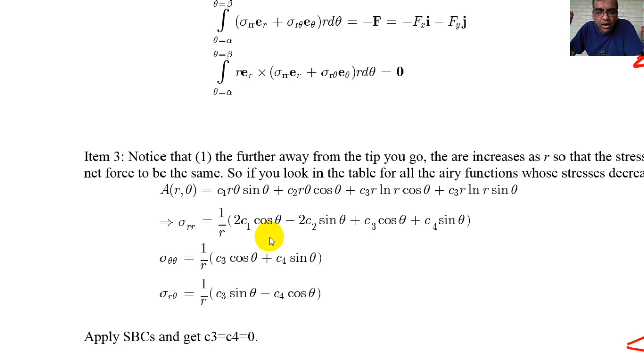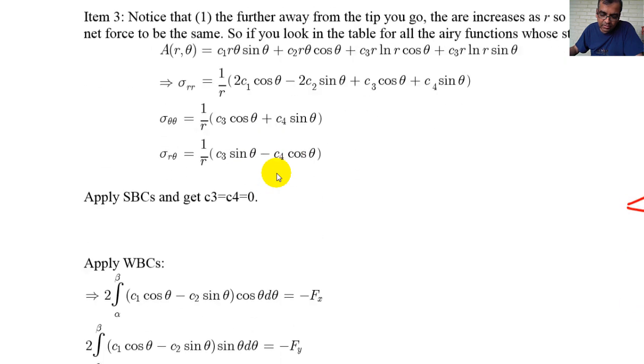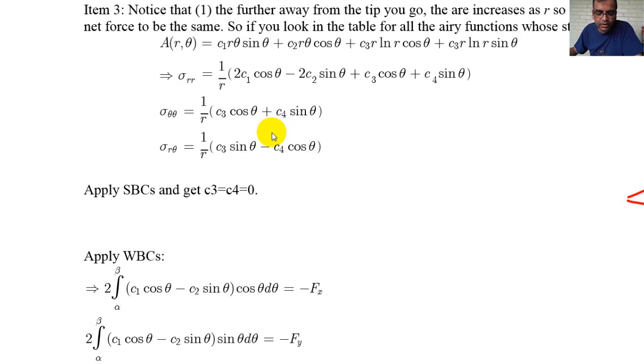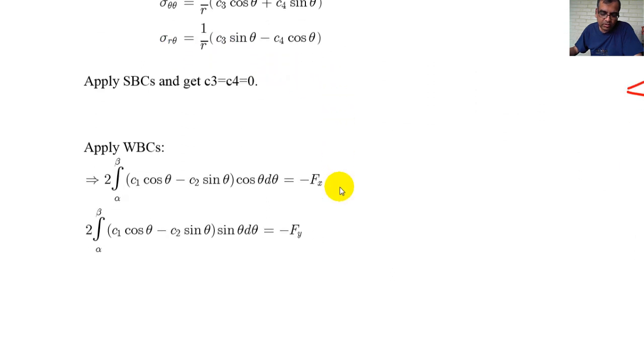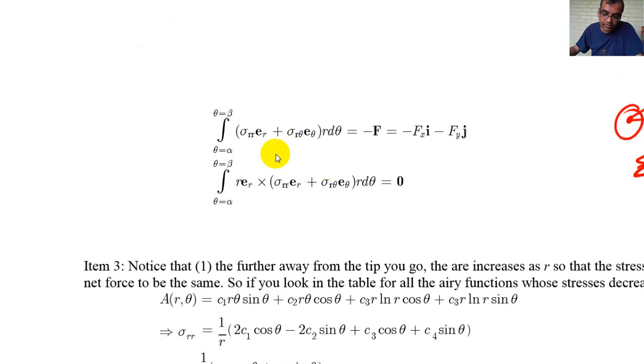This is very hard because I keep telling you this, and it's very hard for you to do because it takes discipline. But I'm really telling you that's the way to work, okay? So all the details are here. You just go and try and see if you can do it. So there is sigma RR, there is sigma theta theta, sigma R theta. Then I'm going to apply the weak boundary conditions. And remember, we talked about this: e_r and e_theta are not constants. So you have to convert cos theta i, sin theta j, and so on. All of those things you have to do.